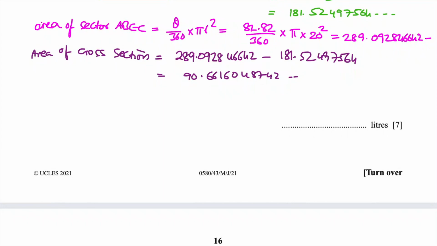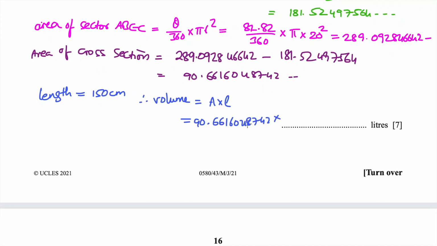So what can I say? The length is 150 centimeters, and so therefore volume would be equal to A into L, which is 90.6616048742 into 150. You need not do all this. In the exam, you can cut it at 2 decimal points and take those values. It will still be okay, right? So the answer would be equal to,